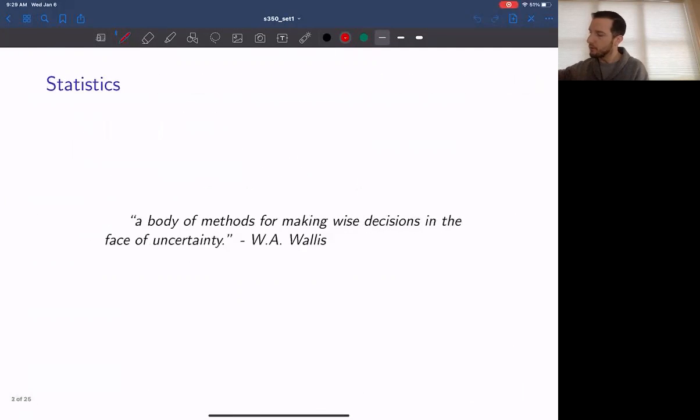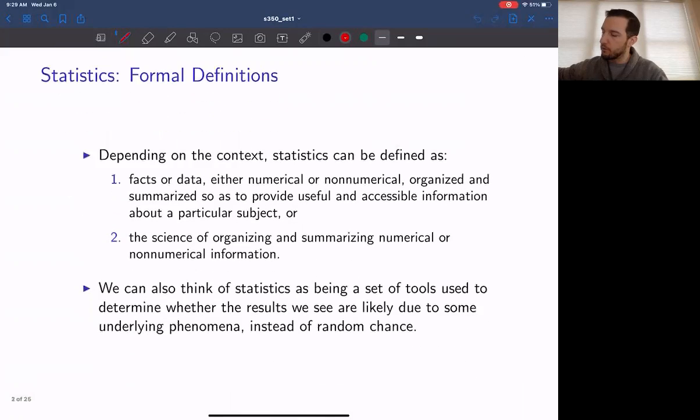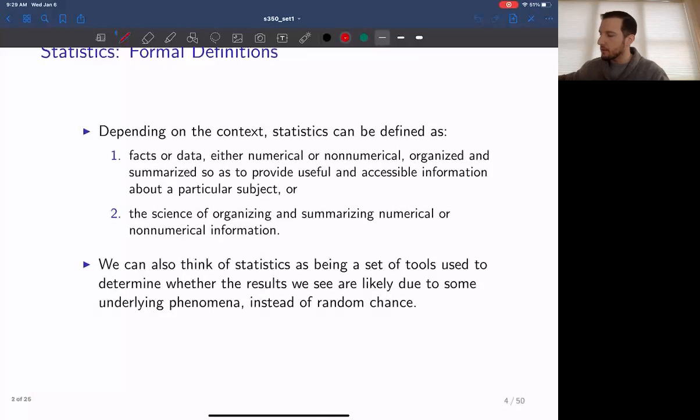All right, so what is statistics? I use the same quote in all my classes: a body of methods for making wise decisions in the face of uncertainty. Sounds awesome, right? That particular quote really is referring to the second definition of statistics, the inferential definition of statistics. So stats can really be defined in 2 different ways. You could probably define it in 3 or 4 ways if you wanted to, but on one side of it,